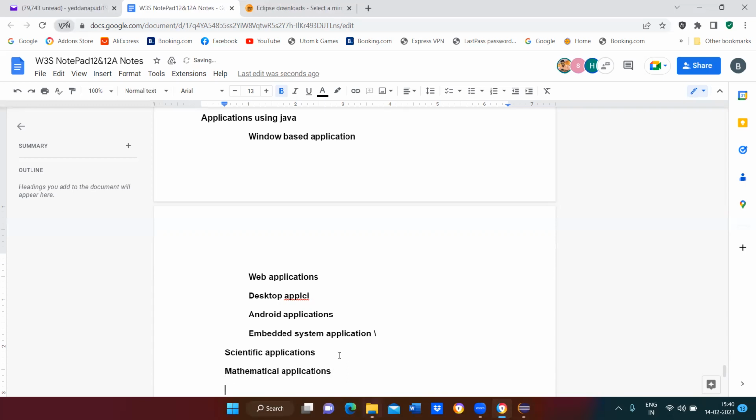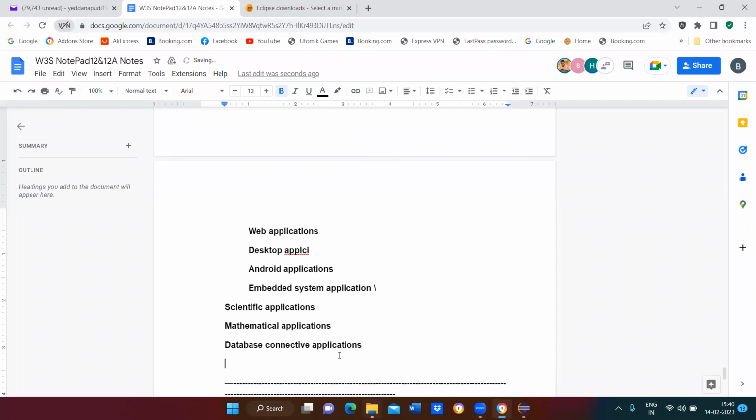Mathematical applications. Next, database connectivity applications. So window applications, web applications, desktop applications, Android applications, embedded system applications, scientific applications, mathematical applications, database connectivity applications, and we can also design aeronautical applications.